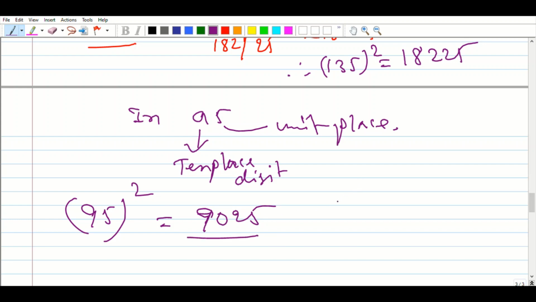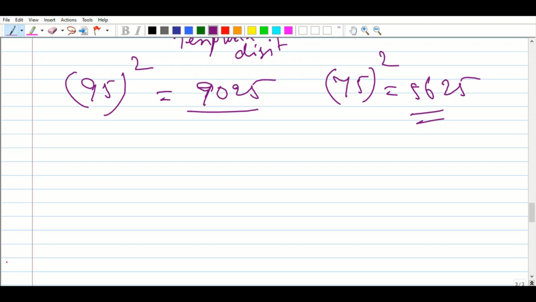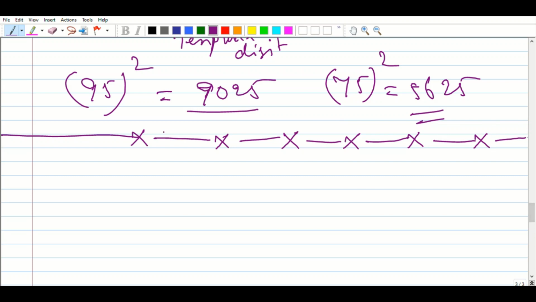Sir, we can find 75 square in a second. 5 5s are 25, and 7 plus 1 is 8, the successor of 7, and 7 8s are 56. It is very helpful to us, sir. So it will help in competition also. How you will find the square of a number in 1 second, a number containing unit place 5, is very helpful to you, and I hope that you are satisfied and very happy to know such type of steps which I have taken, and I always try to make you understand that it will help in our life.